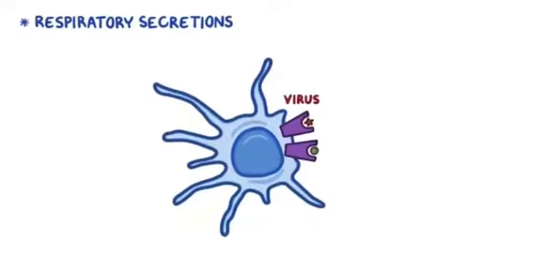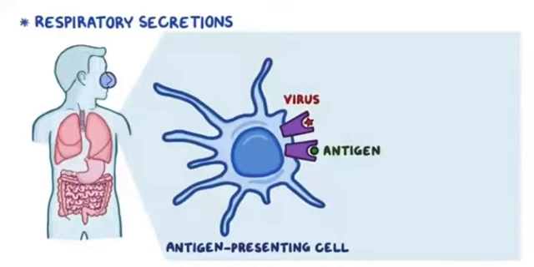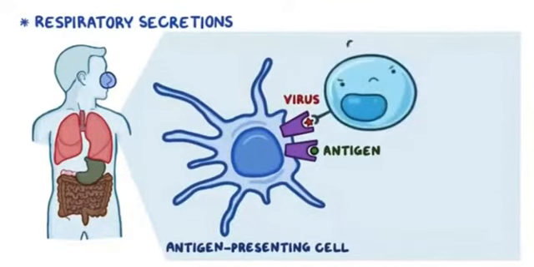Once in the body, the virus attaches to dendritic cells, which are antigen-presenting cells that can be found in the skin, nose, lungs, stomach, and intestines. These cells are able to process antigens like viral proteins and present them on the cell surface to the T cells. So when the virus attaches to dendritic cells, it activates them, and they migrate to the lymph nodes, where